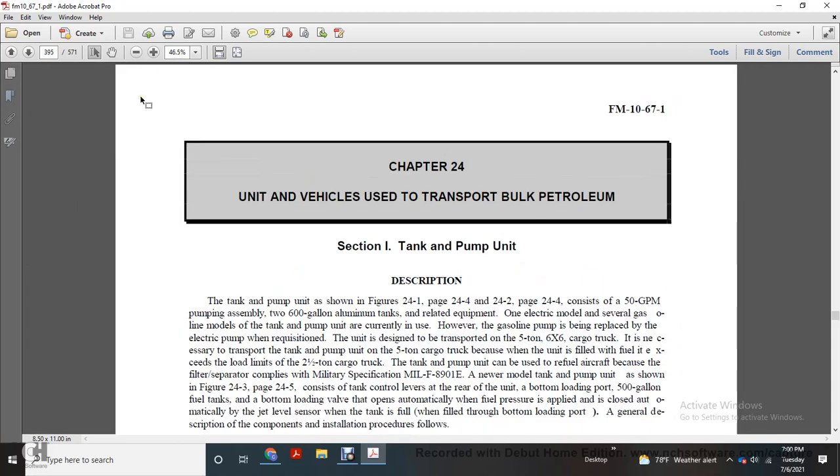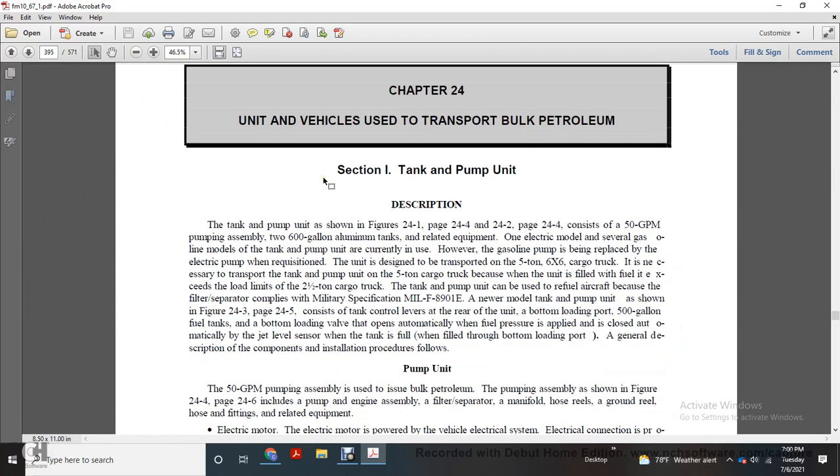Alright, Chapter 24. Units and vehicles used for the transport of bulk petroleum. Tank and pump unit. Description: the tank and pump unit is shown in figures 24.1, 24.2, and 24.4, on page 24.4. It consists of a 50-gallon pump assembly with 600-gallon aluminum tanks and related equipment. One electrical model, and some gasoline models of the tank and pump unit are currently used